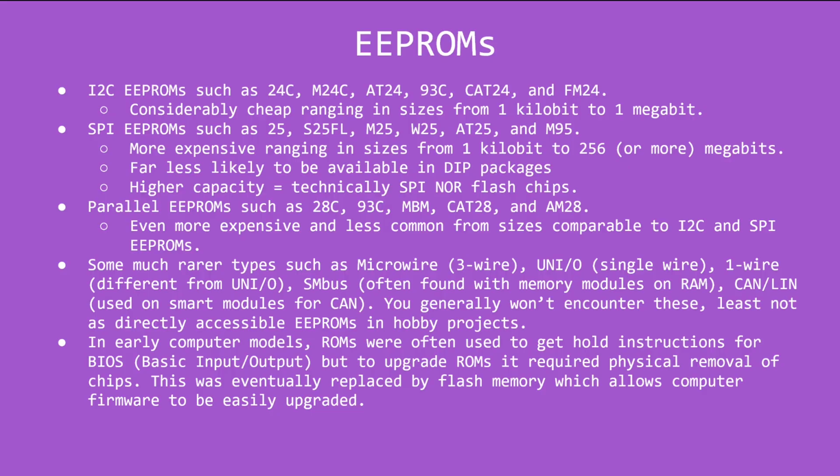There's also rare types. There's Microwire, which uses three wires. UNI/O, that's a single wire, which is different than one wire. SMBus. CAN and LIN have their own ones. You probably won't encounter these much, at least not as directly accessible EPROMs. I mean, you're probably using plenty of this when you drive to the convenience store in a modern car, but